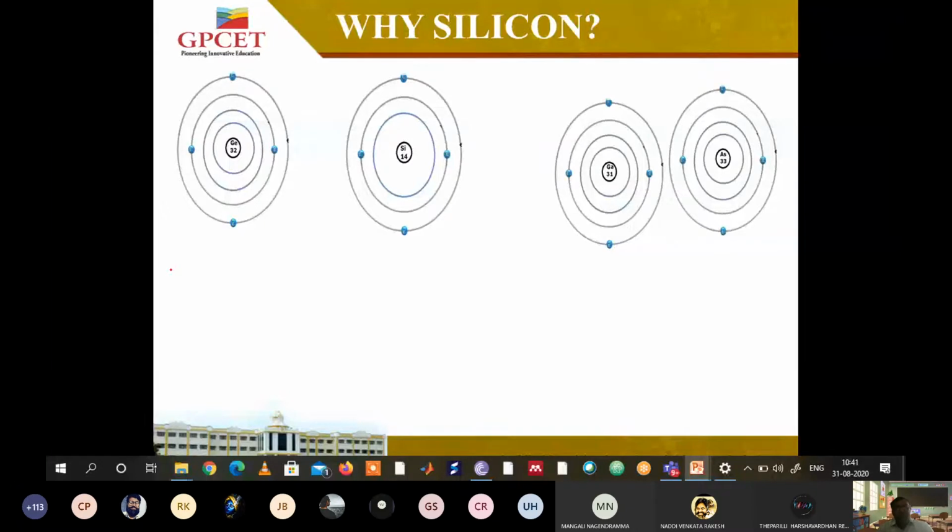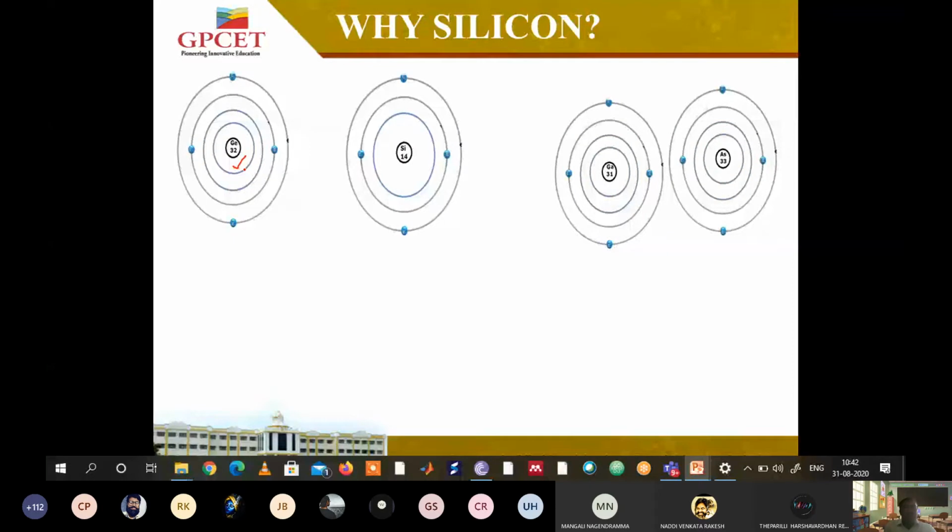Now after that we have learned about why silicon is best preferred in electronics. This is a very important point that all of you have to study and need to know: why silicon is best used as a semiconductor device, or why silicon is best used in electronic devices. Even this one we have studied. You can see the structure here, germanium. The atomic number is 32 here.